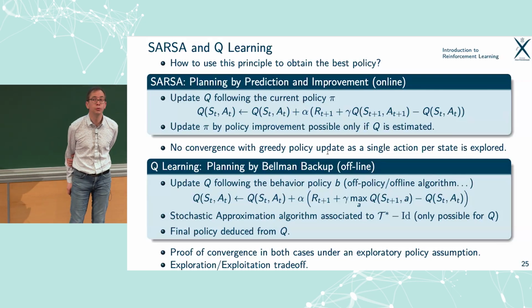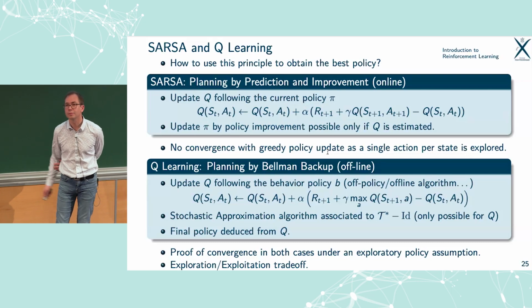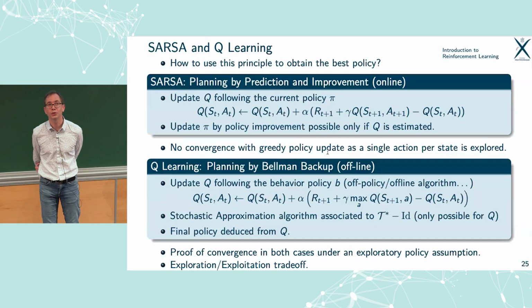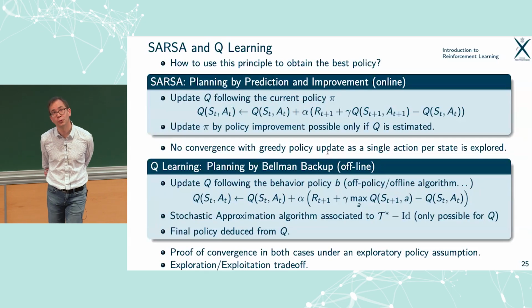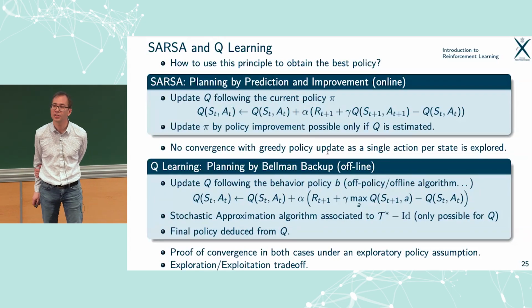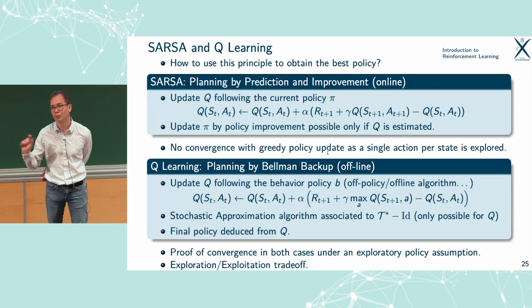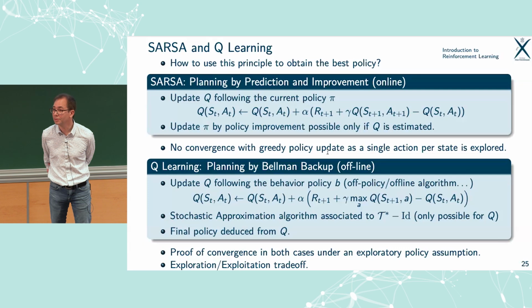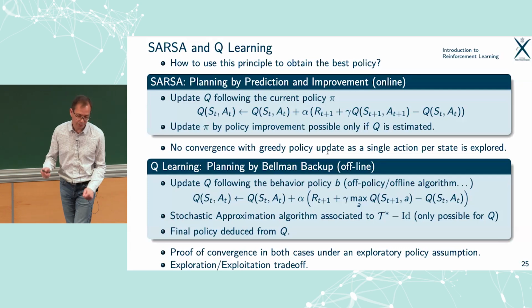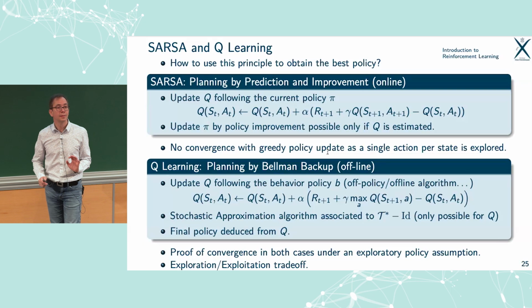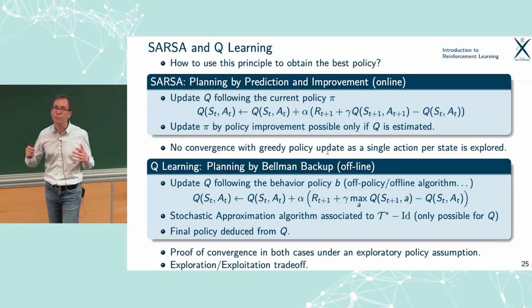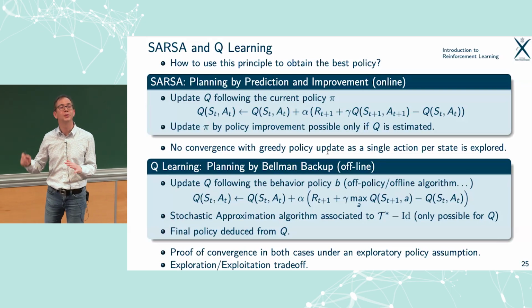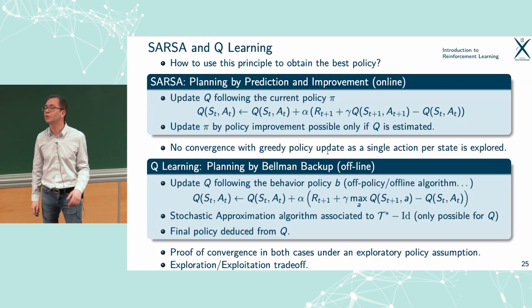This last approach is called Q-learning, because, as you can see on the slide, but that I didn't mention, we had to estimate the Q value function, conditioning on the state and the action and not only the state, for a technical reason. The expectation of a max is easier to estimate than the max of an expectation. You can do sampling, and that's it. So what I wanted to tell you is that it's possible to solve this problem of reinforcement learning.